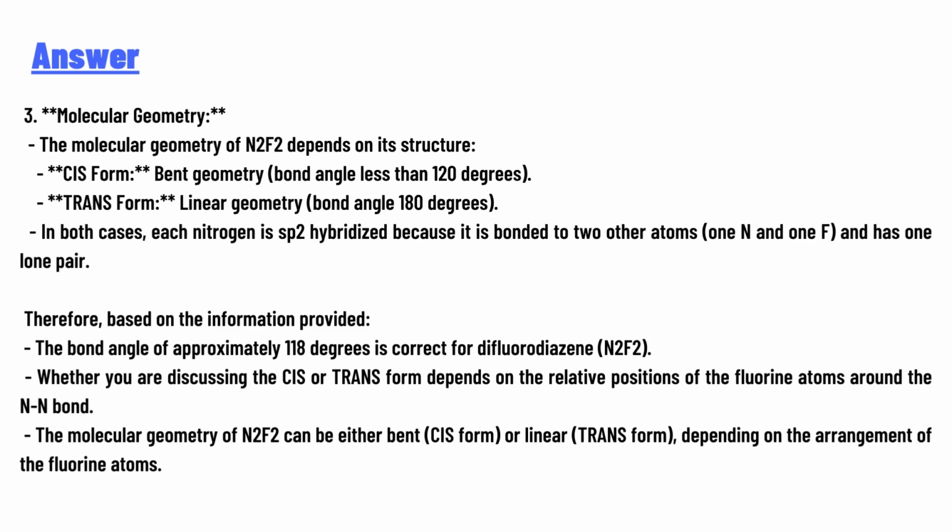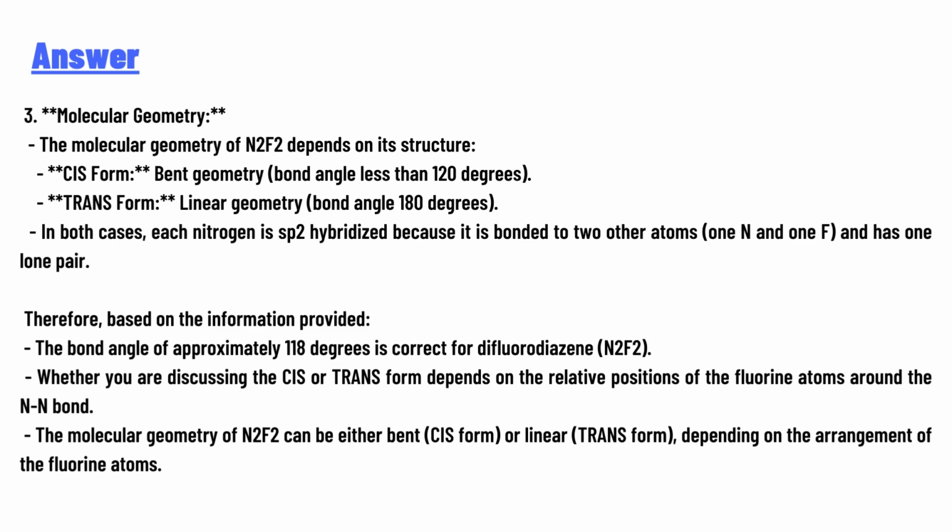The molecular geometry of N2F2 depends on its structure. Cis form: bent geometry, bond angle less than 120 degrees. Trans form: linear geometry, bond angle 180 degrees. In both cases, each nitrogen is sp2 hybridized because it is bonded to two other atoms and has one lone pair. Therefore, based on the information provided, the bond angle of approximately 118 degrees